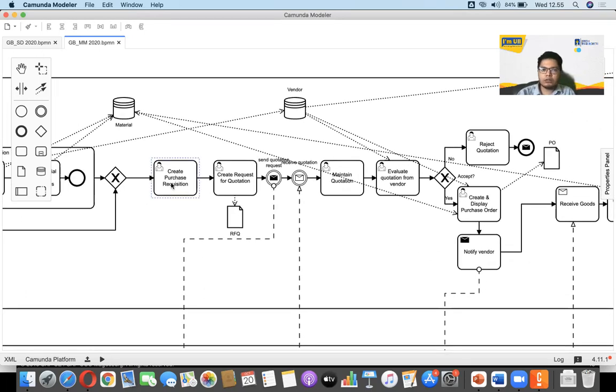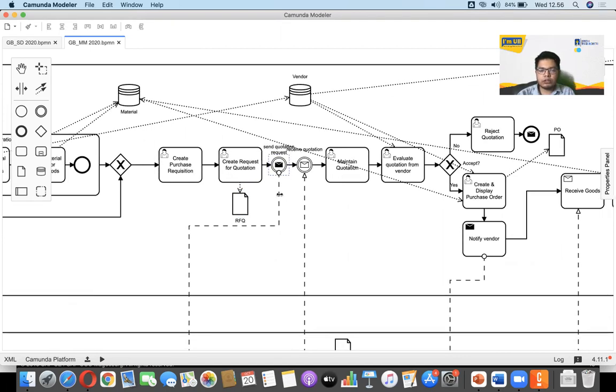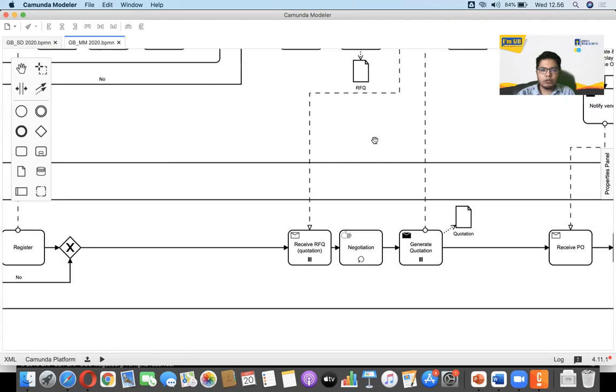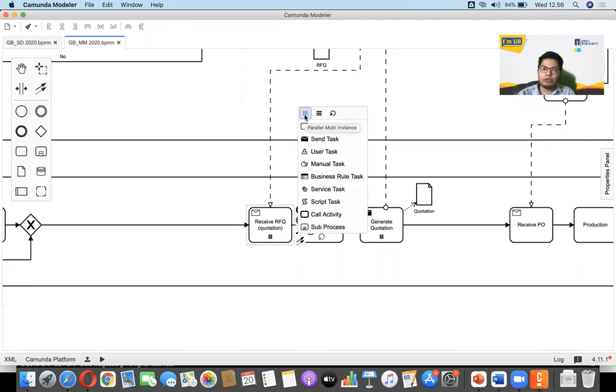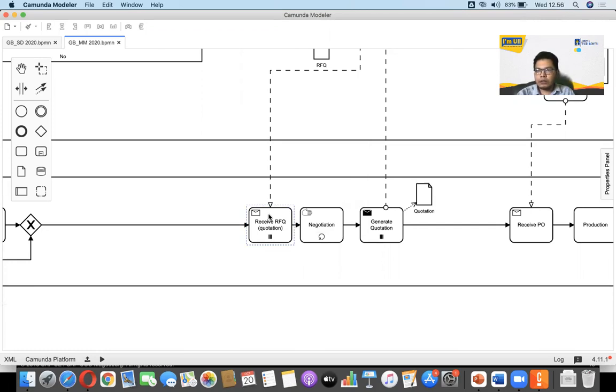We already discussed creating a purchase requisition and then creating a request for quotation. There will be a request for quotation, right? And we send this RFQ to the vendor. As you can see here, there is new information in the activity. It means parallel multi-instance. There are many vendors being sent RFQs by us,